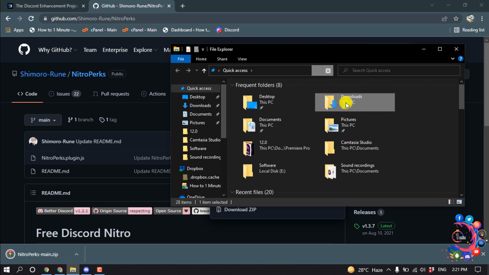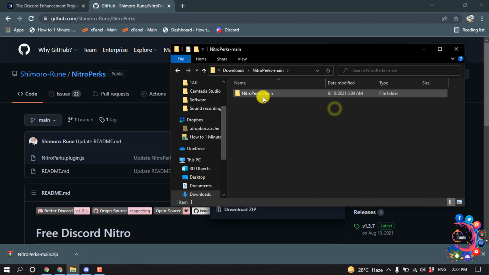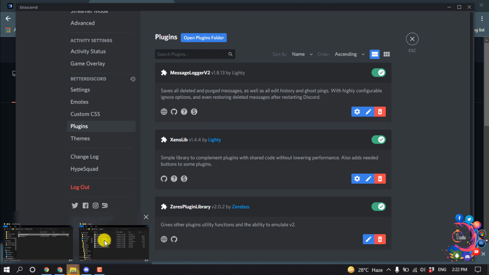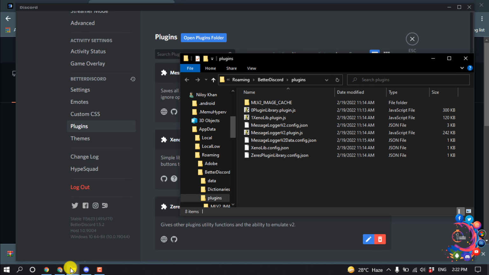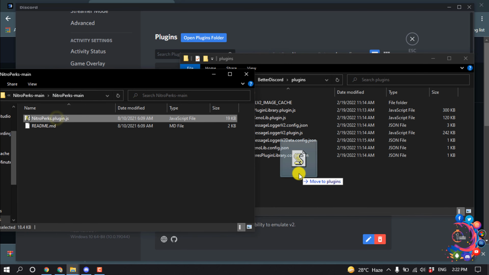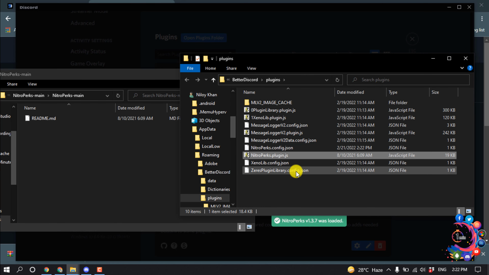and now you have to extract this zip file. This is Nitro plugins. Now open your Discord app and click on open plugins folder, and here's the plugins folder. Now open the downloaded file and drop it in plugins folder,